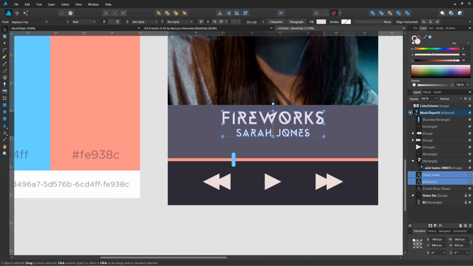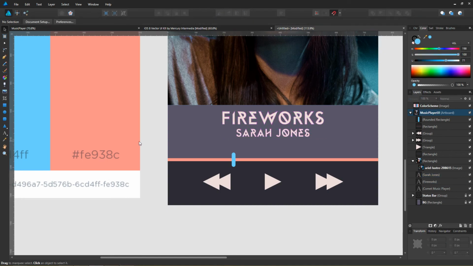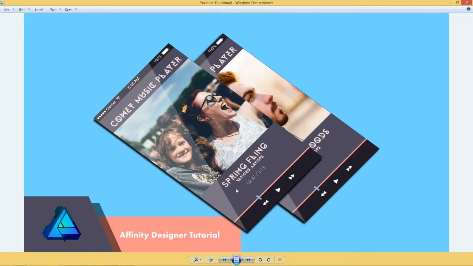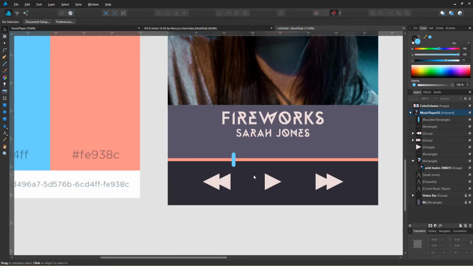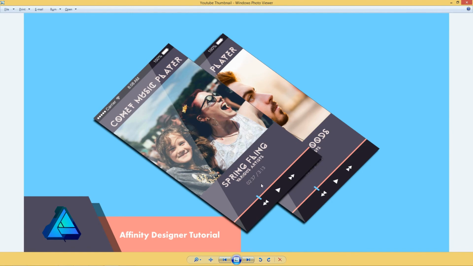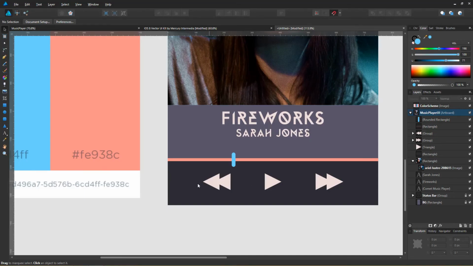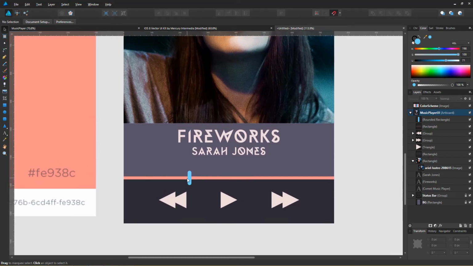And now I'm going to add in that time code here. And you can see that I used a different font for this. I used the sans serif font. Any sans serif font I think can work with this. There's enough contrast with this typography to add in a sans serif font. So I'm going to hit my T key, and I'm going to click somewhere about here. And I'm going to type in 02